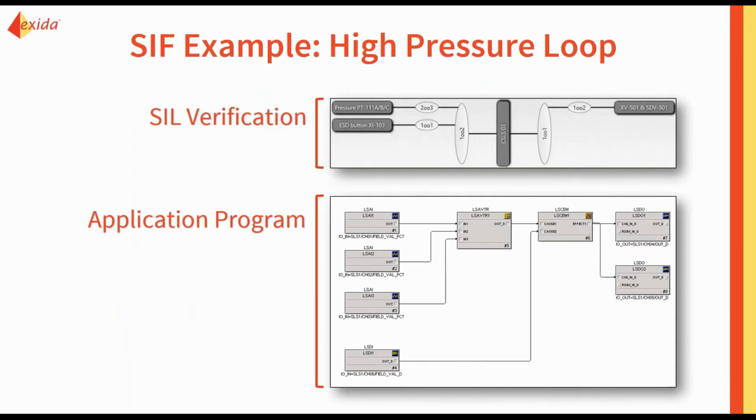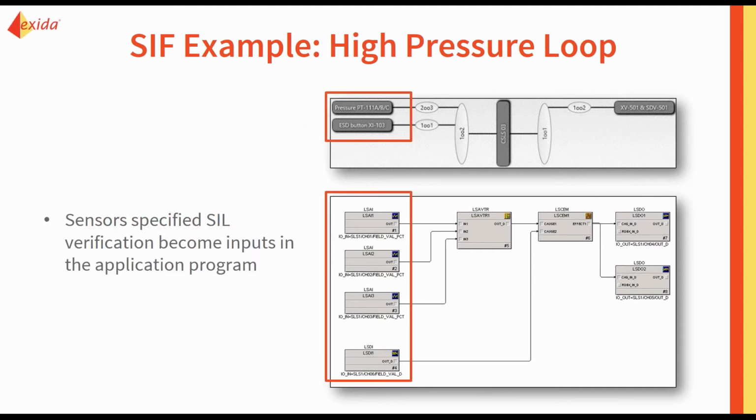Now here I'm showing you the same SIF, but I'm also showing you the safety logic as it's configured for this SIF. And obviously you can see some similarity in the structure. So let's dive a little deeper into this. Your sensors specified in the SIL verification become inputs for the application program. So here it looks in the SIF like you have 2 inputs, but in reality we know there are 3 pressure transmitters voted 2 out of 3 going into the logic solver